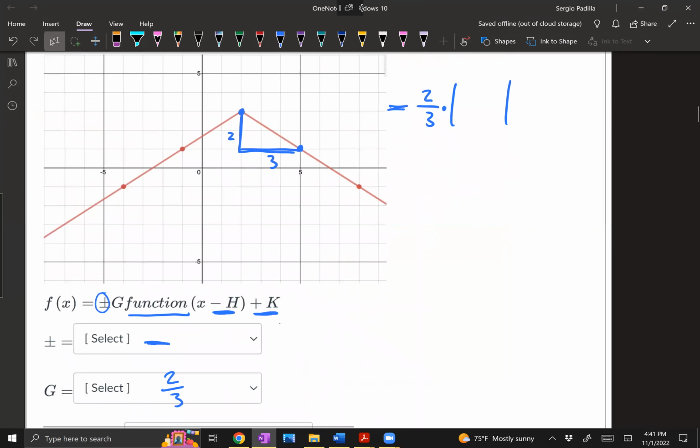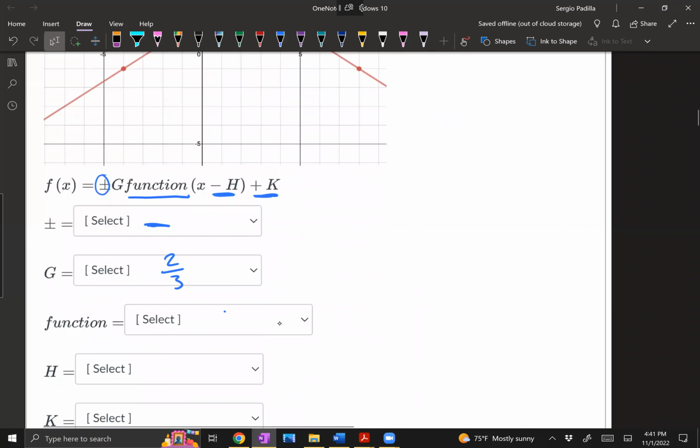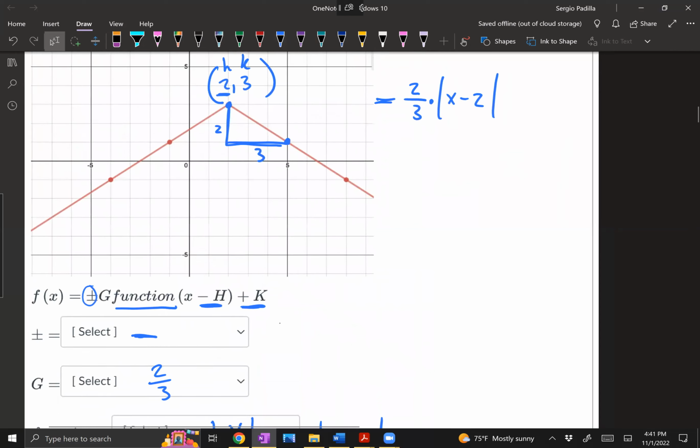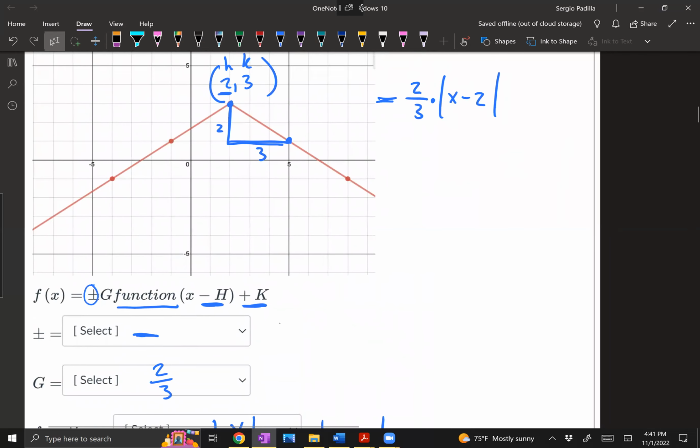Now let's look for h and k. H and k are going to come from the vertex. The vertex is at, let's see, 2 and 3. Oh, that's convenient. So this is your h, this is your k. However, be careful. In the actual equation, you're going to write x minus 2, because h is 2. I'm not sure how they write it. They might actually write out absolute value. h is going to be 2 because that's the x value of the vertex there. k is going to be